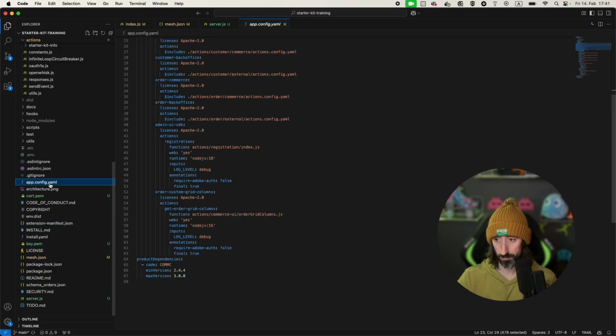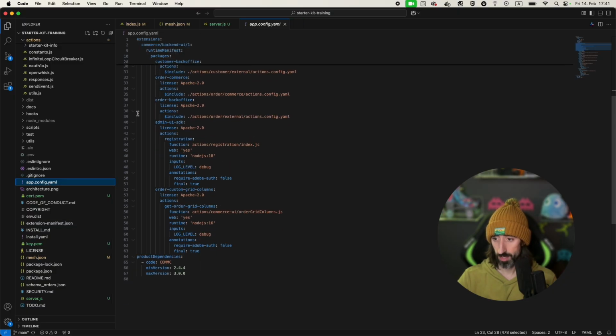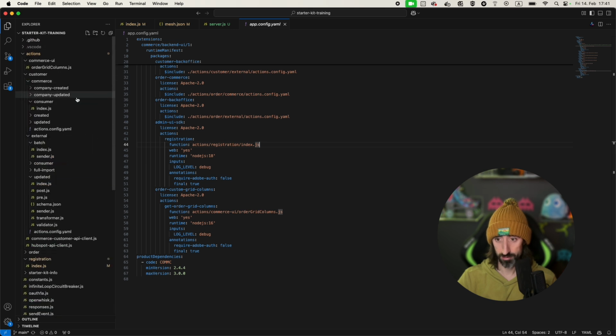Let me show you. I have here the admin UI SDK action, which is forwarding to my action registration index PHP. That's more or less registering the module and providing the metadata for the module to then be loaded by Adobe Commerce and to be able to know which extension points you have. If I open the file,